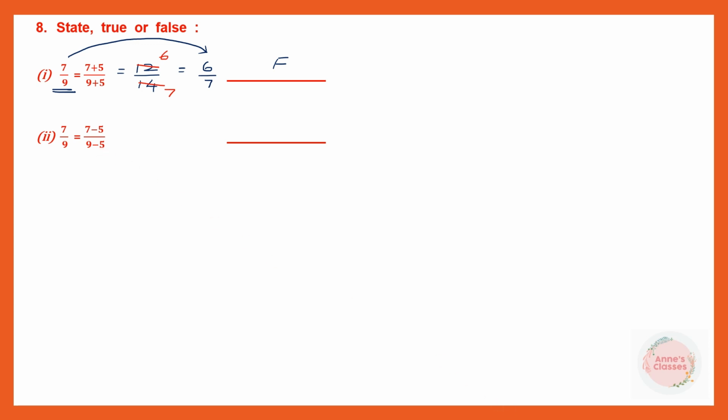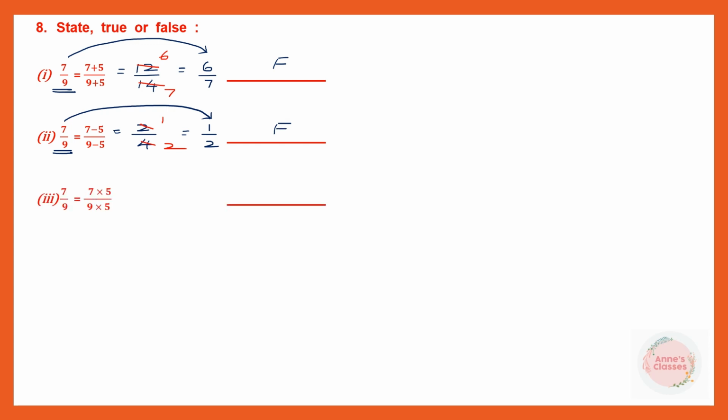So 7 minus 5 is 2 and 9 minus 5 is 4. Let's reduce this to the lowest term. 2 1s are 2, 2 2s are 4. So what is the new rational number that we have? 1 by 2. Whereas here we have 7 by 9. So 7 by 9, the statement says, is equal to 1 by 2, which is wrong,